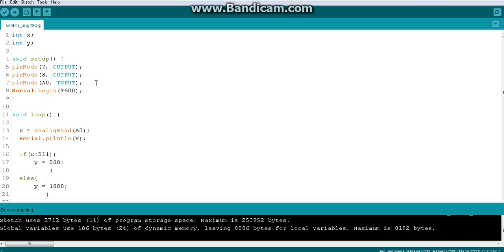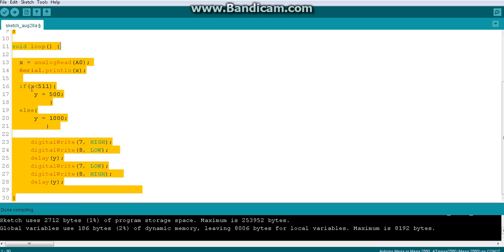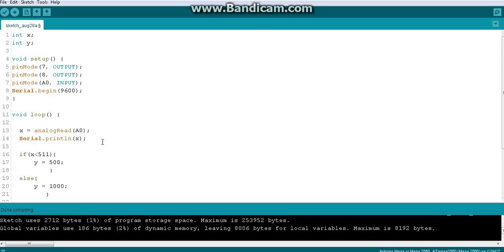Hello everyone. In the last video we saw the code implementation of analog read and the digital blink, so we are going to see the demonstration in this video. Just to give a quick precise scenario, we are going to take an analog input from pin A0 using a variable resistor that we have seen in the previous videos. We assign the value to x. X is an integer. Then we serial print the value x, just to manually verify the outcomes.